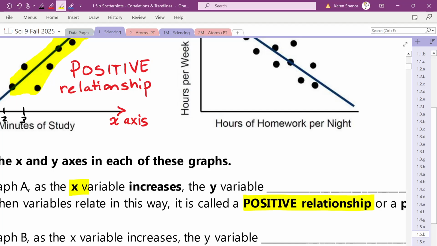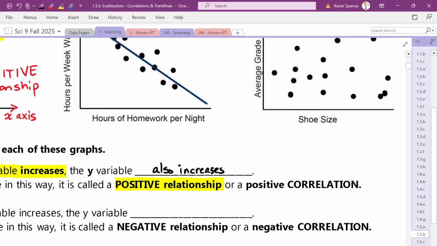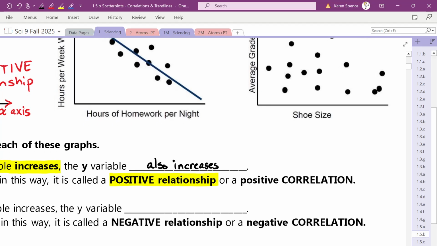So as the X variable increases, the Y variable also, what happened there? Increases. That's why it is called a positive relationship, or sometimes we call it a positive